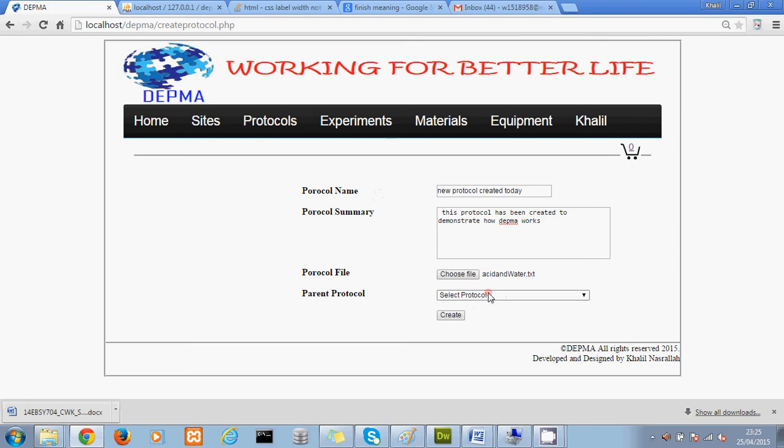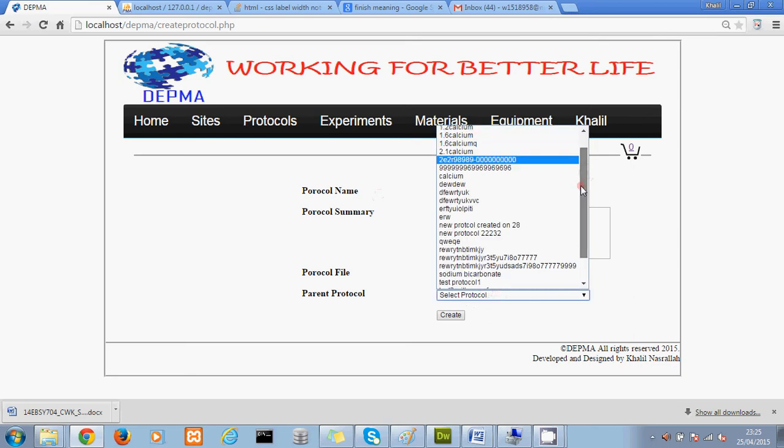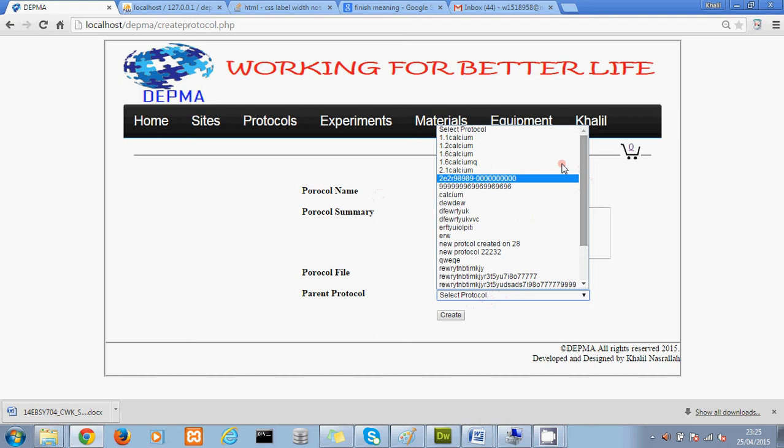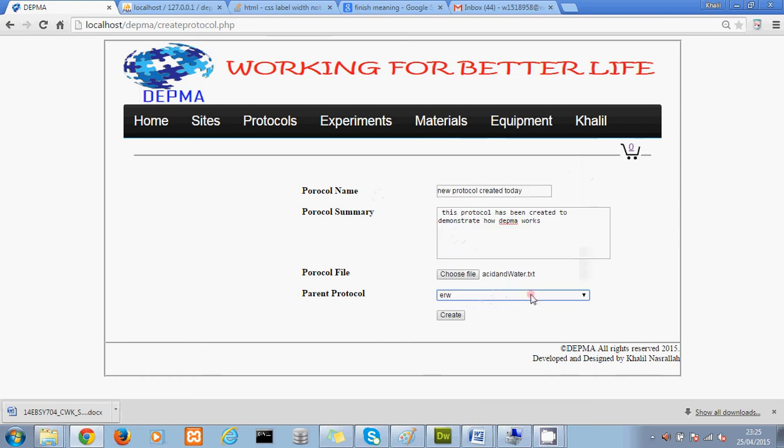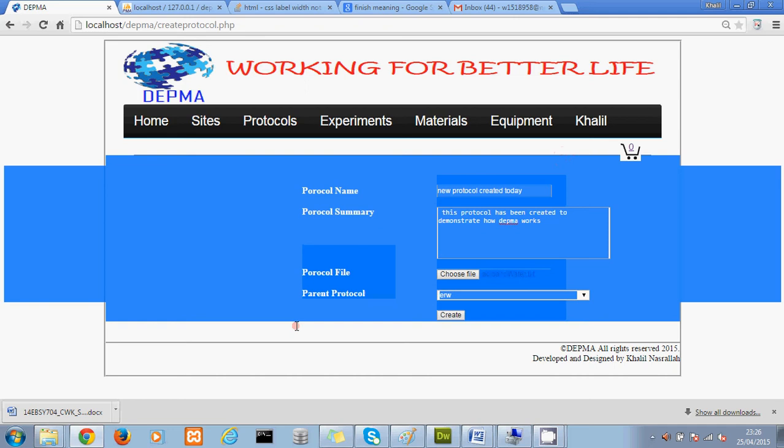For instance, let's make this protocol a child of the ARW protocol. By clicking on create, all the data